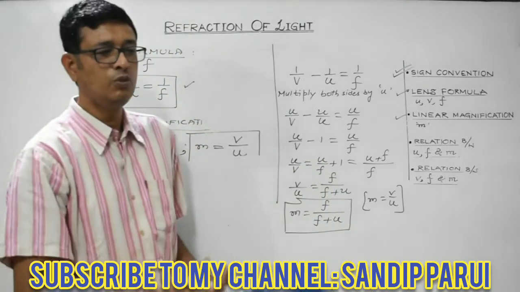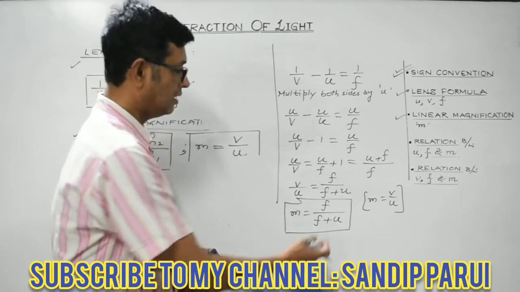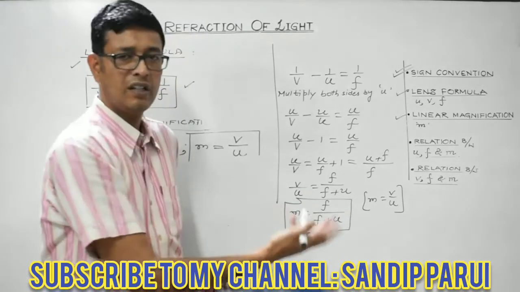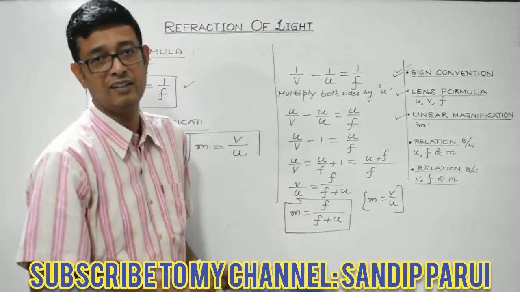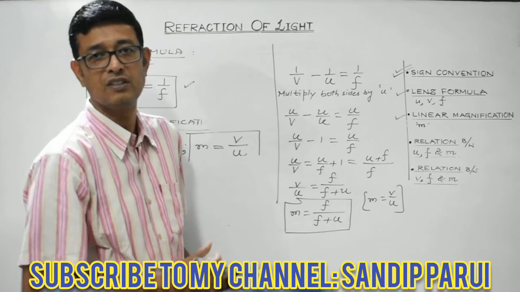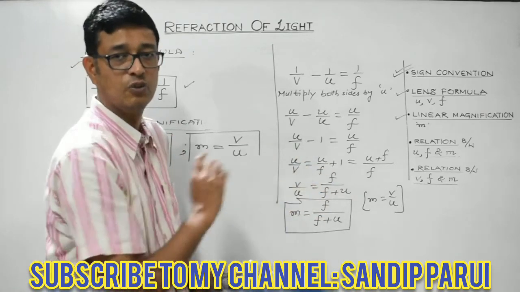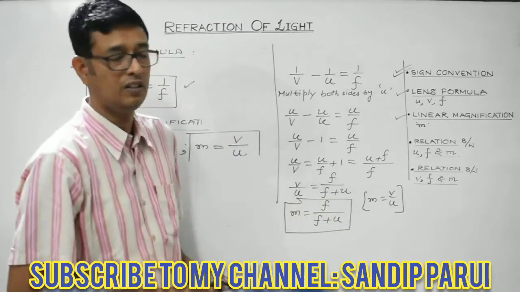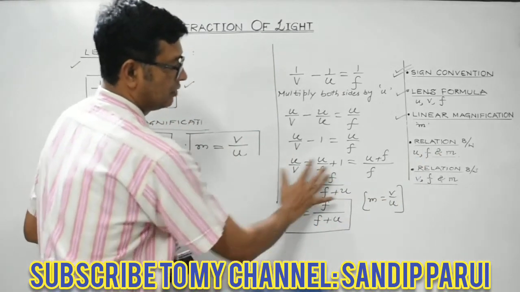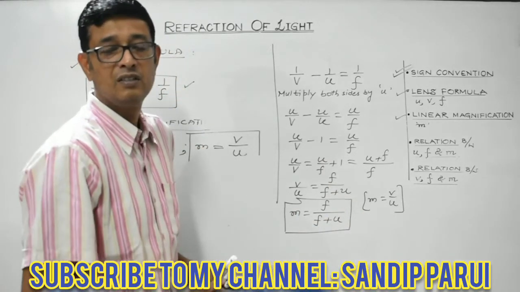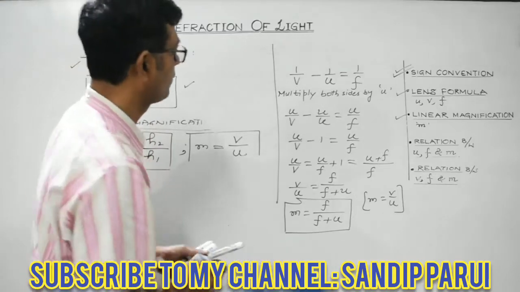In certain numericals, when the image distance is not given and out of these three, any two are given, then the third one can be easily found by using this formula directly. So it will save a lot of time in such a case, right? So you can manage your time well while doing such numericals and using this formula. So this is the relationship between m, u and f. This formula will eliminate the requirement to determine the value of v in numericals.